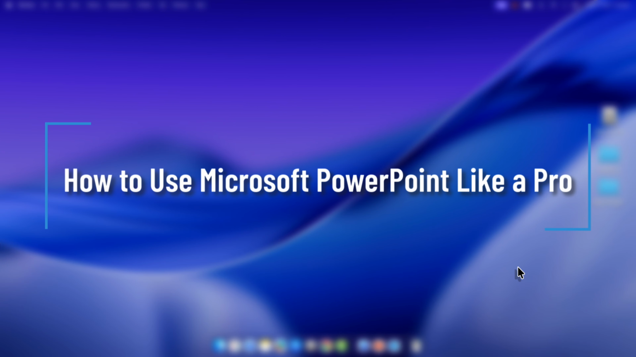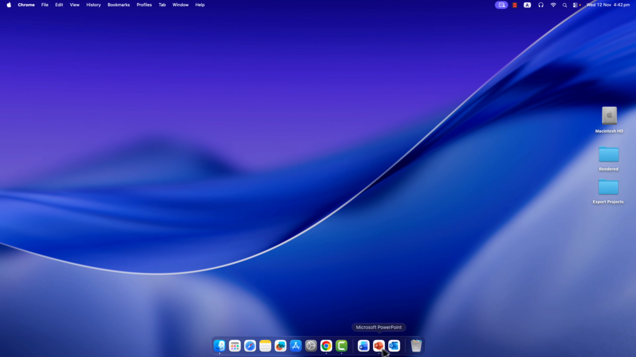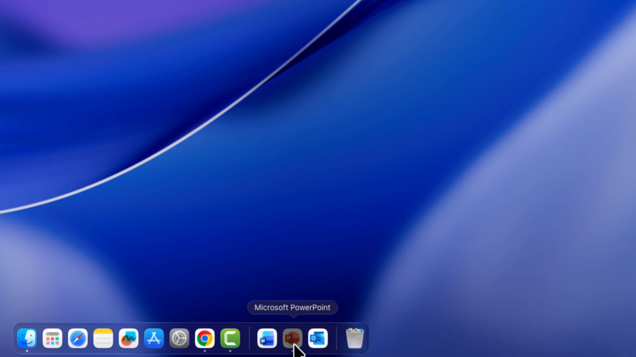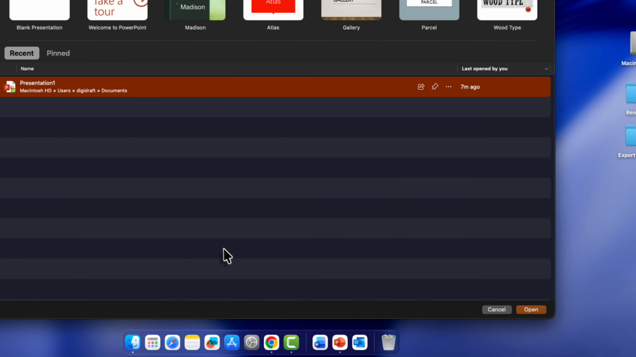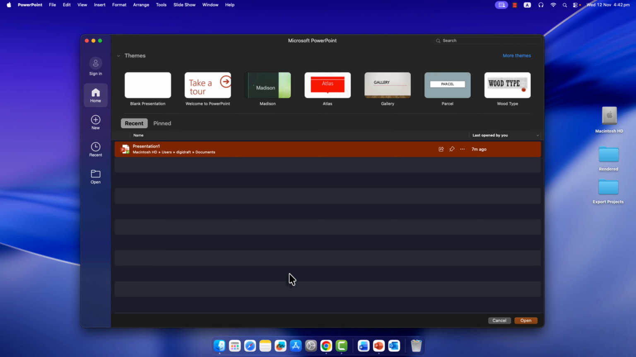How to use Microsoft PowerPoint like a pro. If you want to use Microsoft PowerPoint like a pro, first let me open up Microsoft PowerPoint. The first thing to check is that, instead of starting everything from scratch, you can always choose one of the